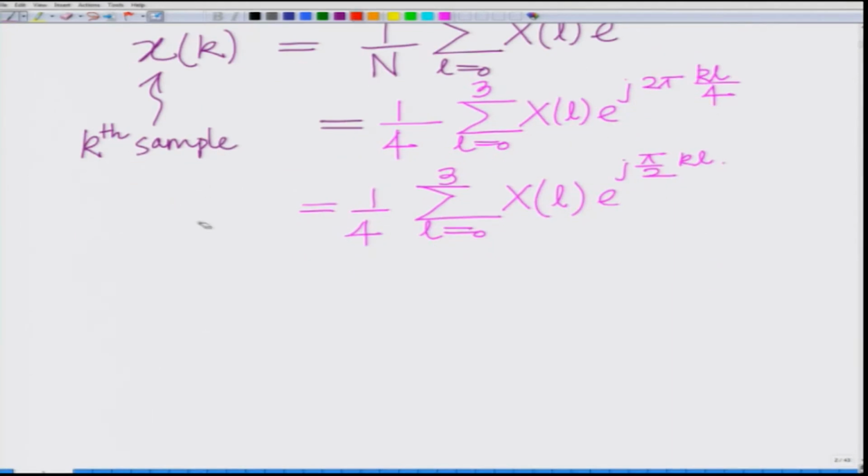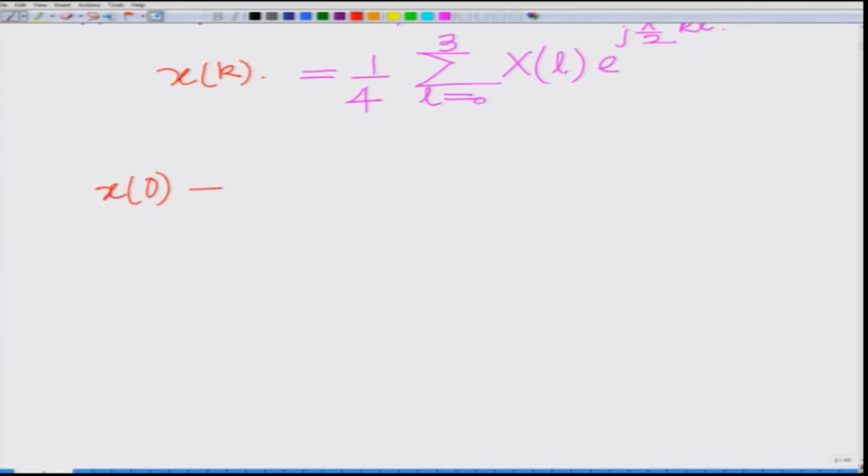So, this is your xk, the kth time sample. Capital XL is the symbol that is loaded onto the lth subcarrier, and the time domain samples are given by the IDFT of the symbols loaded onto the subcarriers. So, we have the symbols loaded onto the subcarriers. Let us now find what the corresponding time domain transmitted samples are. Okay. So, x of 0,